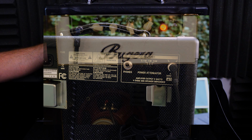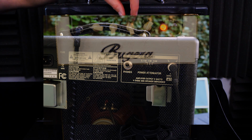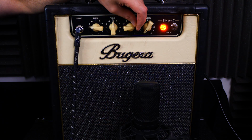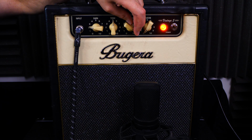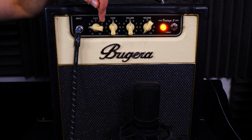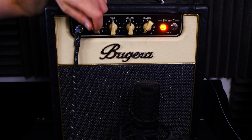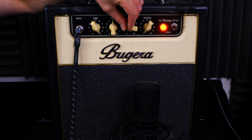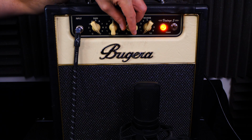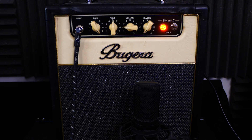So this is turned down to 0.1 watt. So if I turn that up full, it's actually quite quiet there. Now the benefit of that is, if you want some gain, still quite loud there. We've got a bit of gain, but it's just about manageable